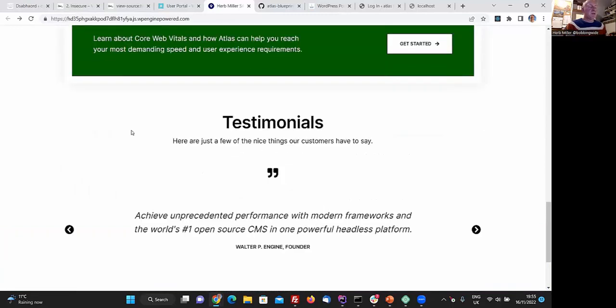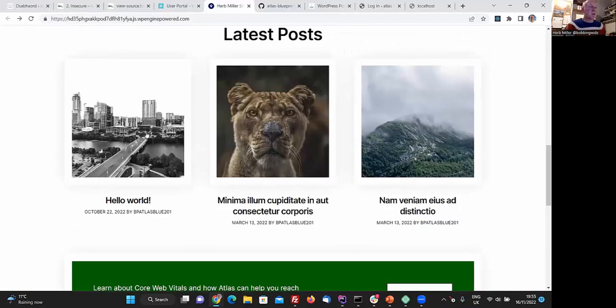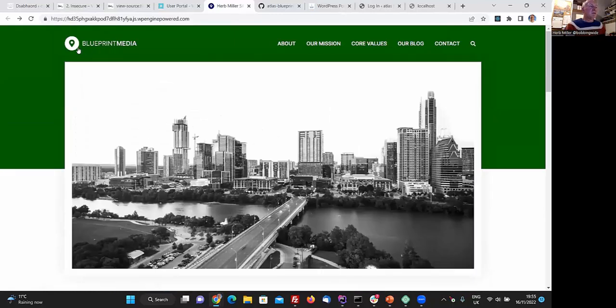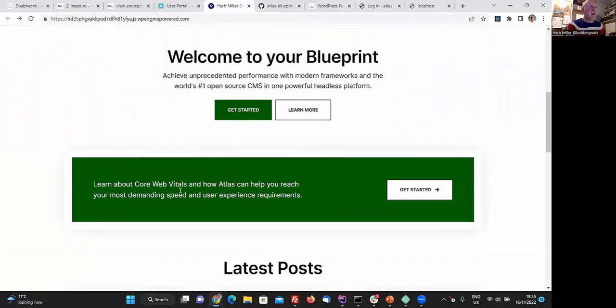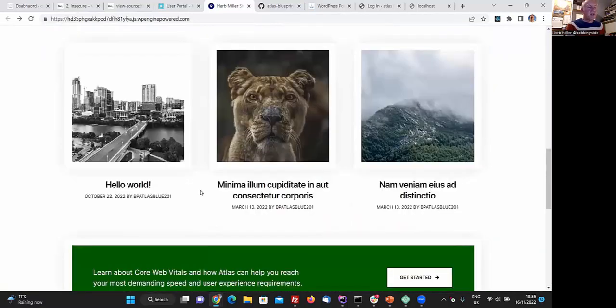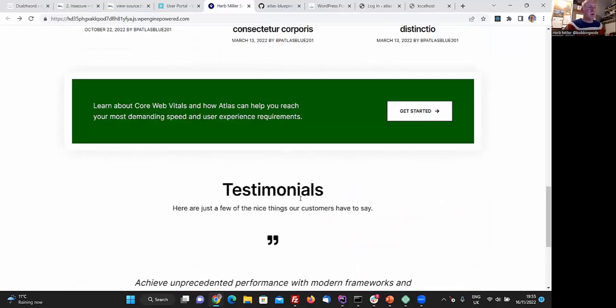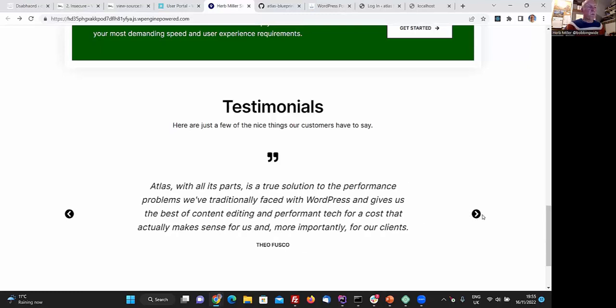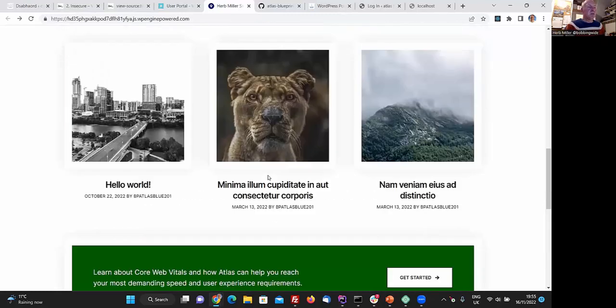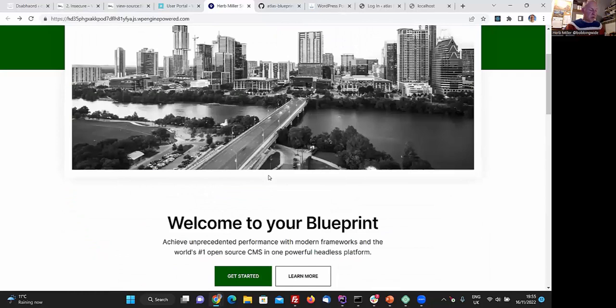This used GraphQL to run some queries in order to find out what the site was called, what this top and bottom menu is, to load the 3 latest posts, and also to load up some testimonials, which is put into a slider. Now, I haven't looked at any of the code that's used for this because I then moved on to something called